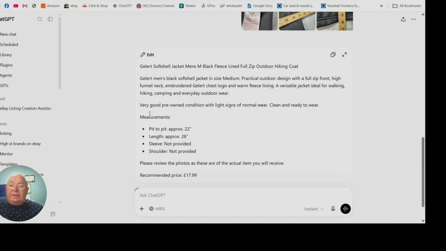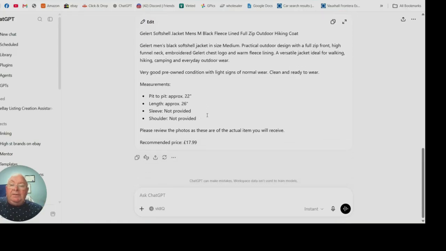And then it's given the different section here for the measurements. It's got the pit to pit, the length, sleeve not provided. Now I delete that, shoulder not provided. So what I would do with this prompt, I would then put in saying that sleeve and shoulder measurements are not required. And it's put in, please review the photos as these are of the actual item you'll receive. Recommended price $17.99. So I'm going to go in here and say